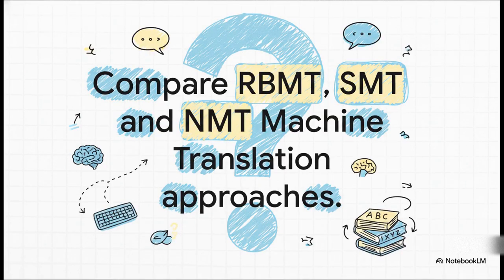So to wrap everything up for your exam, let's hit the highlights on applications. For machine translation, remember those 3 stages: rule-based, statistical, and neural. And know that we often use something called a BLEU score to measure how good a translation is. For conversational AI, remember it's a 3-part system. It has to understand you, manage the conversation, and then generate a response. We've seen these systems evolve from simple chatbots like Eliza into the powerful generative AI we have now.